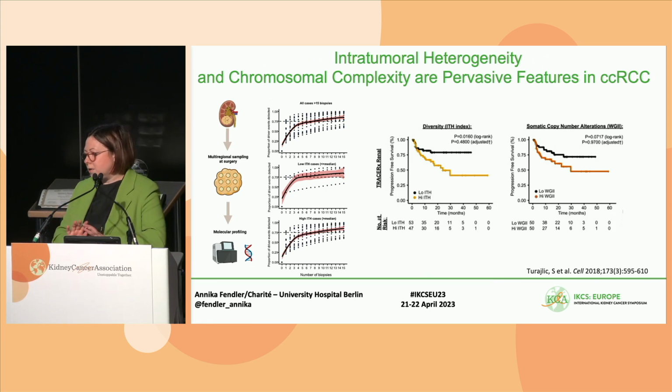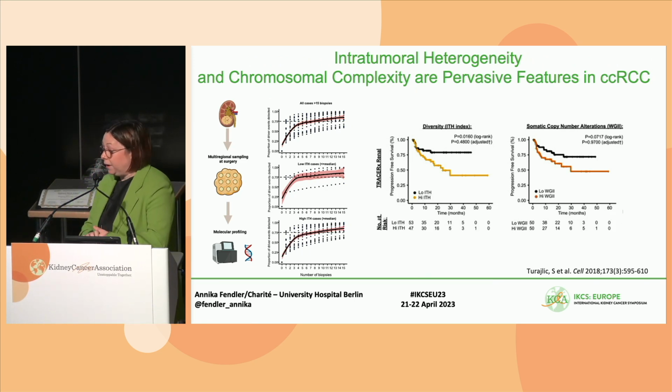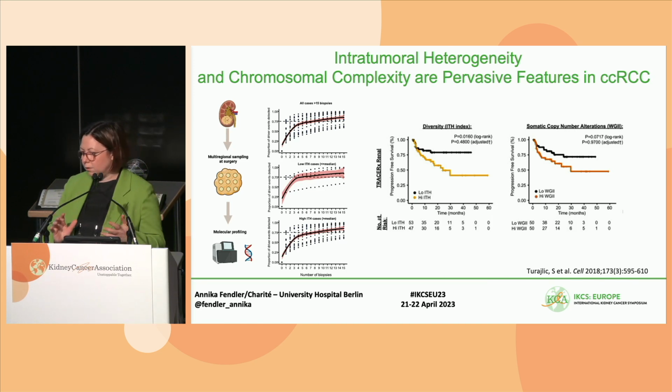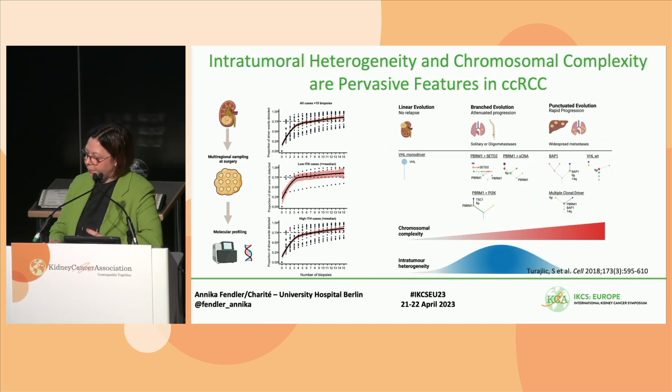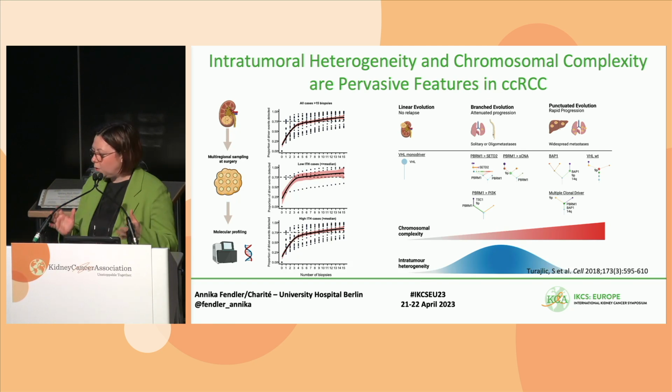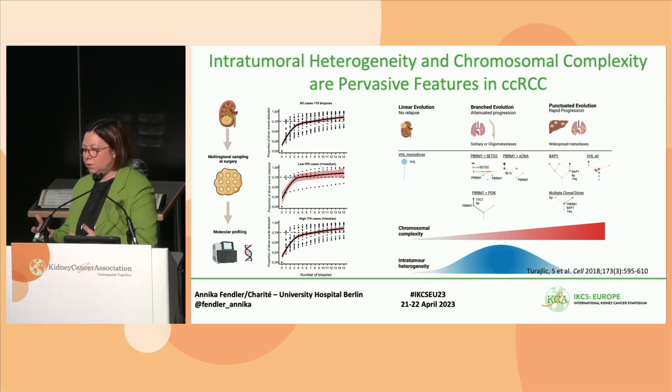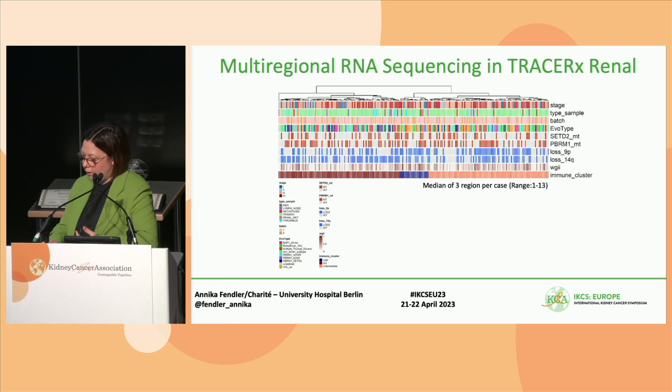And then if you look at whether this is even important, I think it is. You see that intratumoral heterogeneity on the genetic level is associated with outcome, with progression-free survival in kidney cancer. And something else I want you to appreciate is that also the chromosomal complexity of these tumors is associated with outcomes. So this really led to this model where how the tumor evolves is associated with a clinical outcome and the proportion of tumors that will relapse and how fast and metastasis will grow. And this is associated with the chromosomal complexity and the heterogeneity of the tumors.